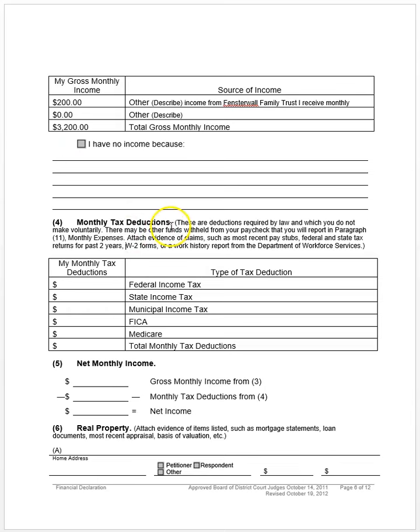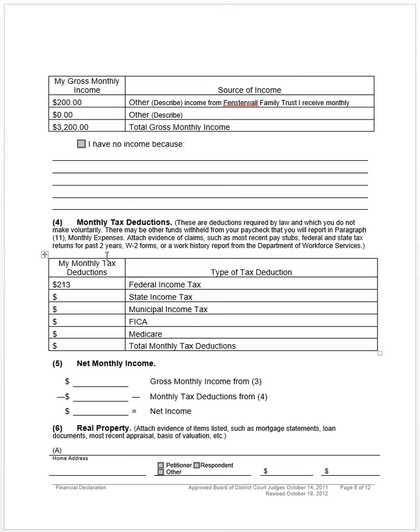And see that in this parenthesis section, you'll see that there's a tiny instruction set to help you understand what you're talking about. These are deductions required by law. I'm not going to read the whole thing again. You can pause and read this yourself or refer to it in the form itself, but it gives you instructions as to exactly what you're supposed to do, and in some cases tells you where to find the information that you're providing. So in this situation, let's assume that for my monthly tax deductions, my federal income tax is